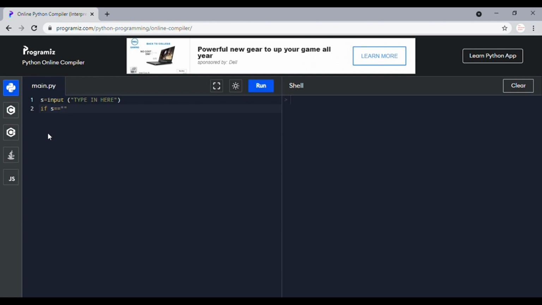Quotation. Yeah, we need to add the quotation, because if we do not add the quotation, the computer will think that yo is actually a variable, but actually it's not a variable, it's something that we type in. So we need to put that quotation mark around yo, then put the indent. Wait a minute, even in type in here, let's put the indent over there too. Yeah, and then print